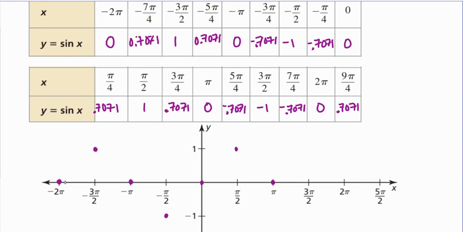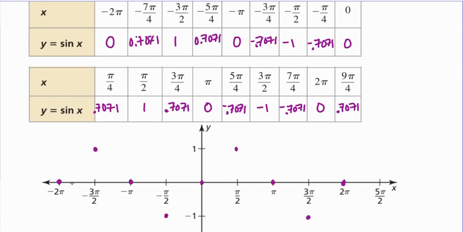And you can see that this is a pattern, right? My next x value is 3 pi over 2. I go to my table that says it's negative 1, so that's going to be down here. My next x value is 2 pi, which is 0. That's right here. And my next x value is 5 pi over 2, which is not included in my table. Okay. Now, if I include these other values in my table,